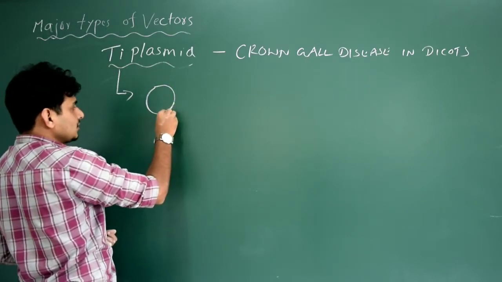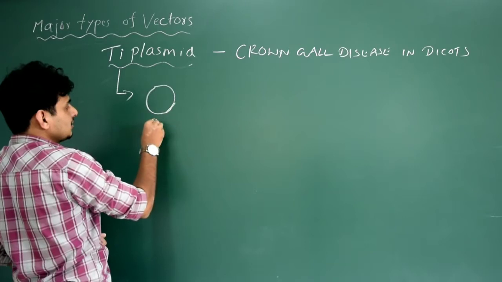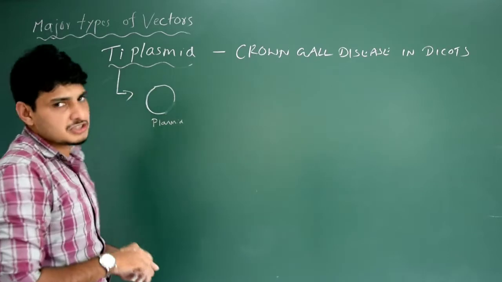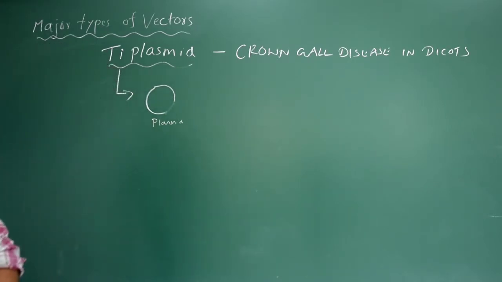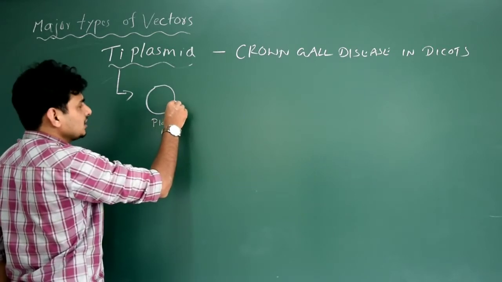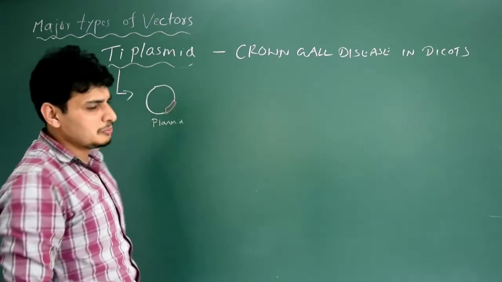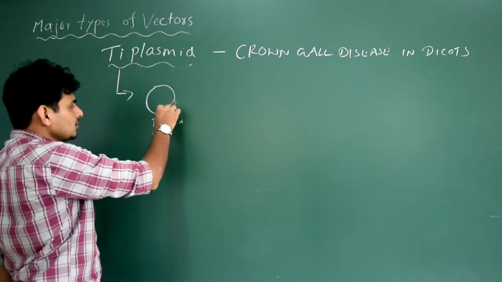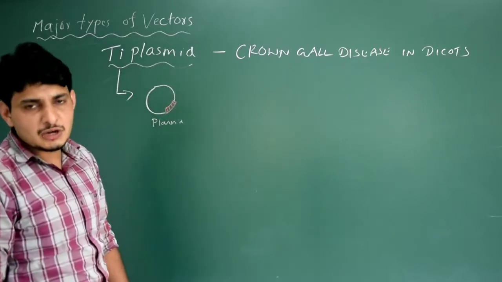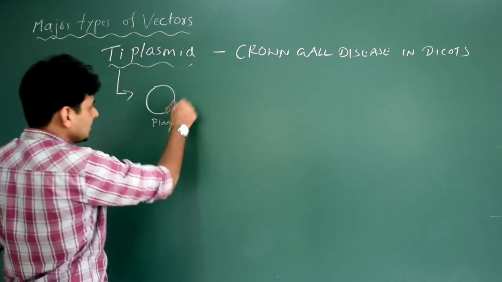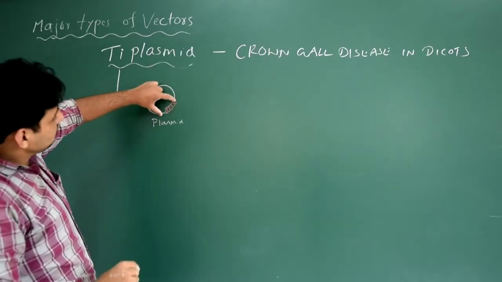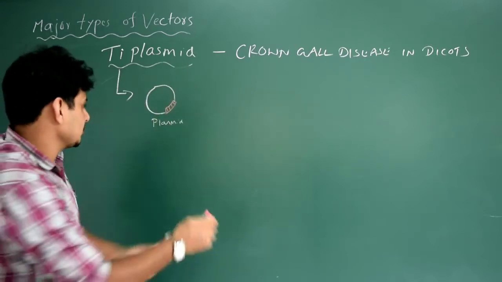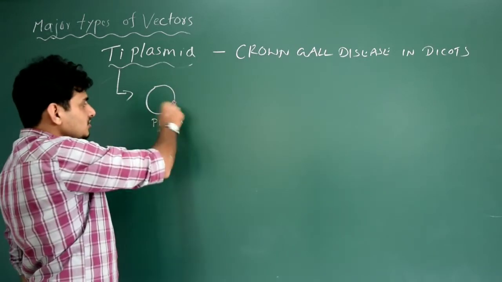So let us assume that this is actually the gene present in the plasmid which induces tumor. So what I am going to do is, I am going to remove this with the help of a restriction enzyme, and I am going to ligate the gene of interest, whatever gene you want. For example, the plant should be pest resistant, or the plant should live in drought conditions. So the gene which favors that plant to survive in any kind of condition, that particular desired gene, is now inserted where earlier the tumor gene was there. Now it is replaced by this gene of interest.